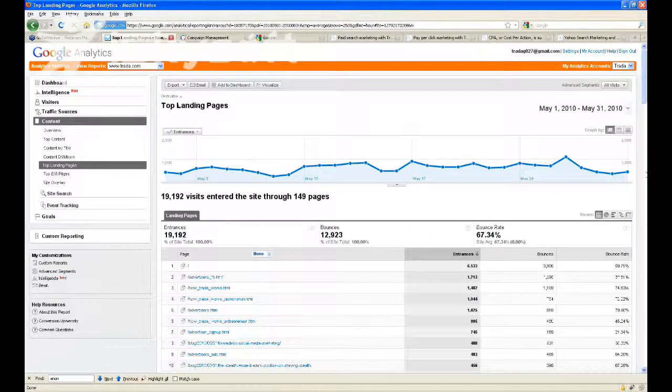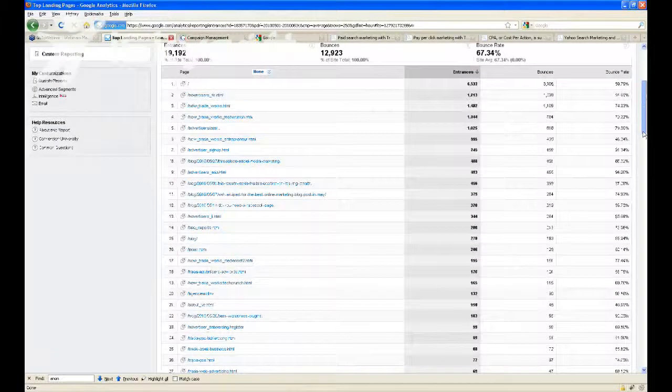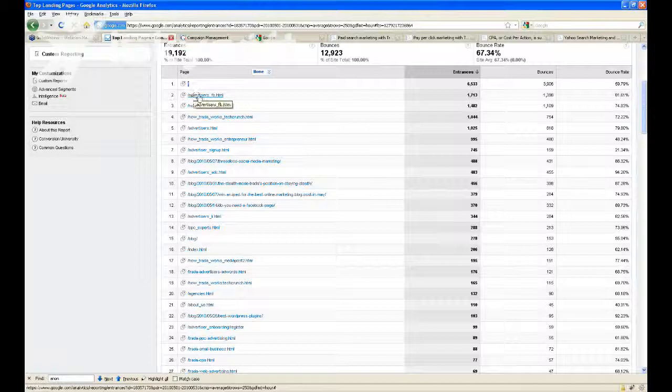So the landing pages, as you can see when you scroll down, we have lots and lots of them on our website. This is, of course, our home page. We have landing pages that we've designed for our Facebook programs. We have all of these blog landing pages, these sorts of things that you're seeing here, and then some more specific landing pages that I'll talk about in a second, called the Trada Dash landing pages, that we custom built for our paid search campaigns.